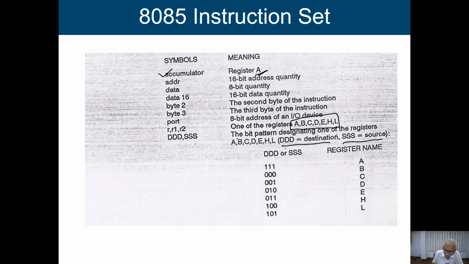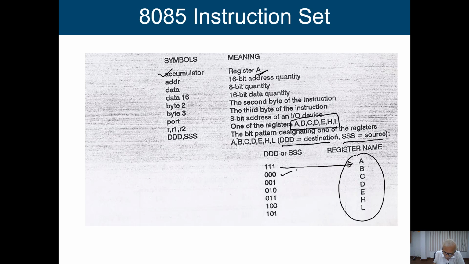Now, why are we using 3 D's or 3 S's? Basically, you just see we have a total of 7 registers over here. So, to identify one of the registers, I need at least 3 bits of information. So, we said this is the register encoding. So, what are the encodings over here? When we say it is 111, always it is going to indicate the accumulator.